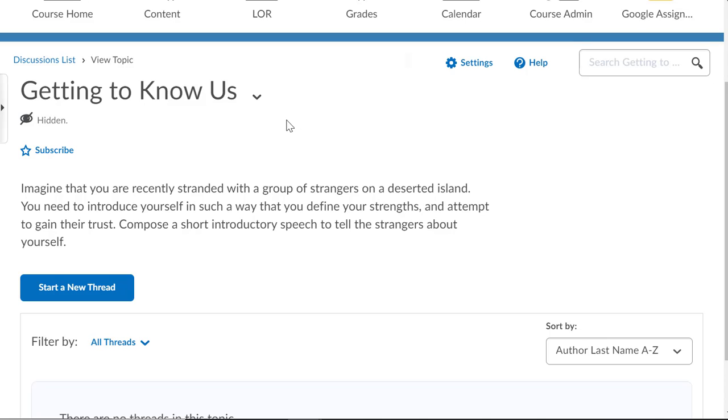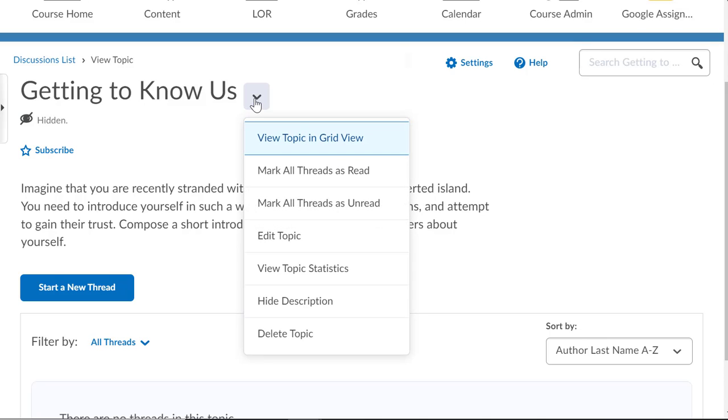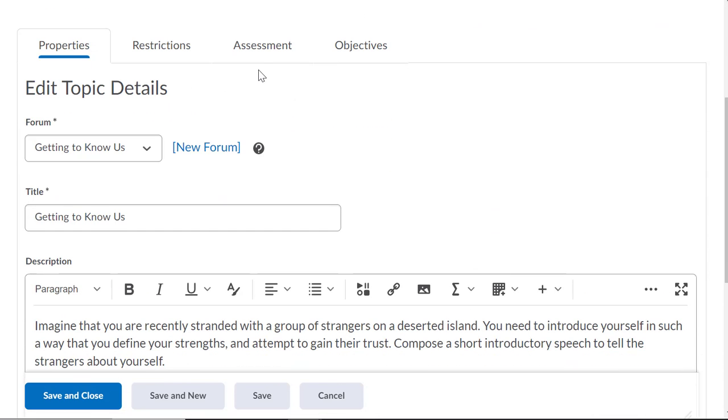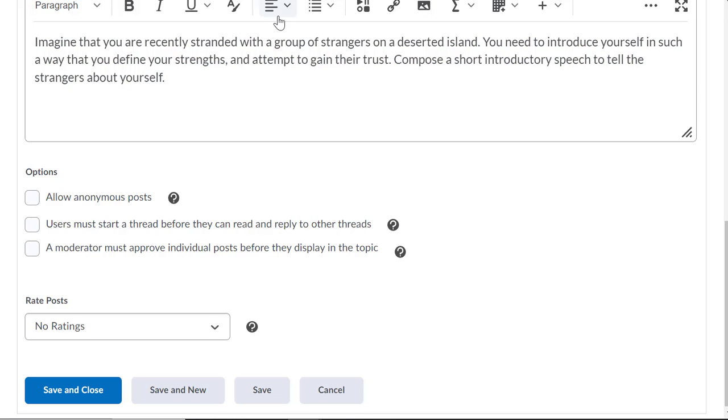Once you're in the discussion view, use the drop-down arrow and select Edit Topic. Edit Topic also allows you to do things like add assessments, restrictions, and change other details. For example, below your prompt, you can allow anonymous posts if you wish, or you can check this box: Users must start a thread before they can read and reply to other threads. In this way, students are required to post their own idea first before they can read or reply to any